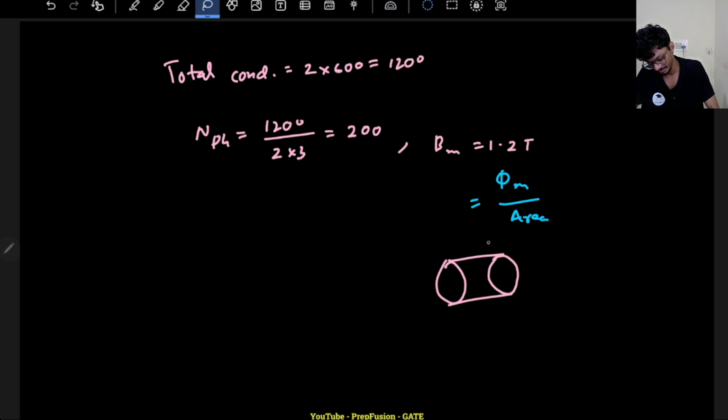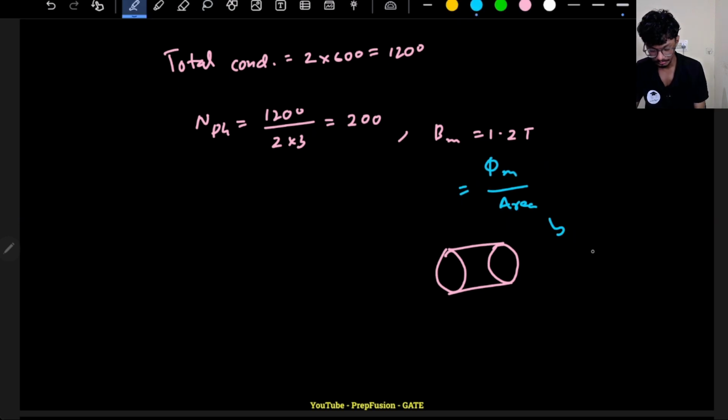Okay, average area, and this area comes out to be actually 2D p into L by p. Okay, this I had derived in DC machines, so I am not deriving it over here again. This has been derived in DC machines. So from here I will be able to get my phi m. This formula you can remember, or you can see the derivation in DC machines. So phi m will be equal to